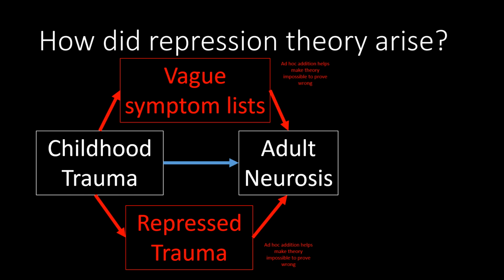However, if you introduce the invisible entity of repressed trauma, you can state that these individuals must have repressed trauma, and your theory that trauma is a cause of neurosis is still maintained. So by adding these vague symptom lists and repressed trauma, these ad hoc additions make the theory now unfalsifiable